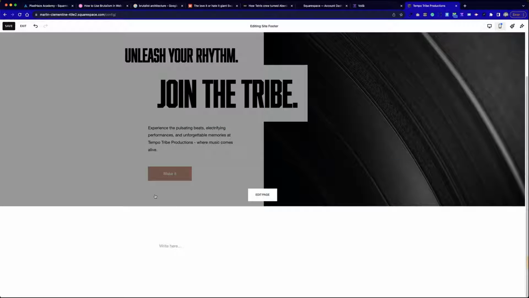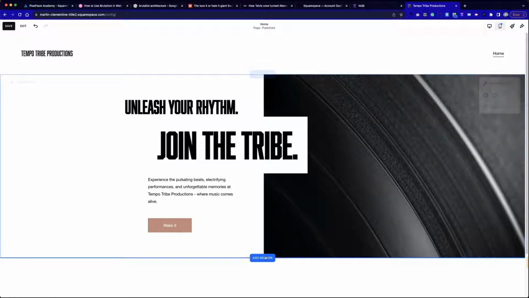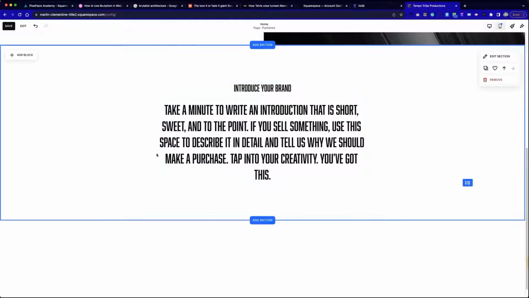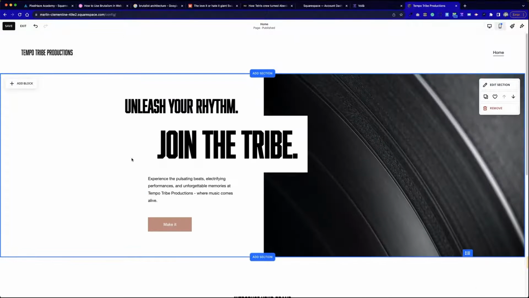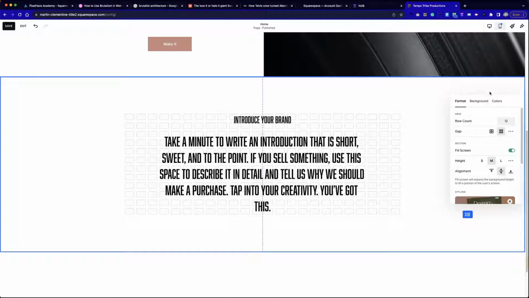And we're going to be adding a section below. We're not going to design the whole site. I just wanted to give you a feel for this section here in terms of how we can build multiple sections together. We'll go with an expanded introduction here. So we're going to go with bold for this text as well. And here we could go with